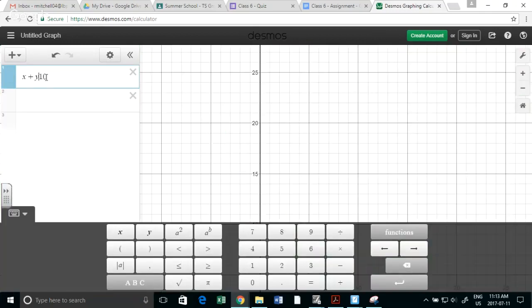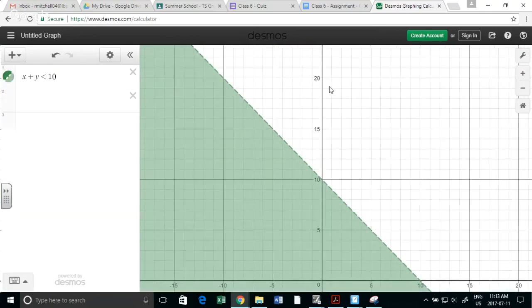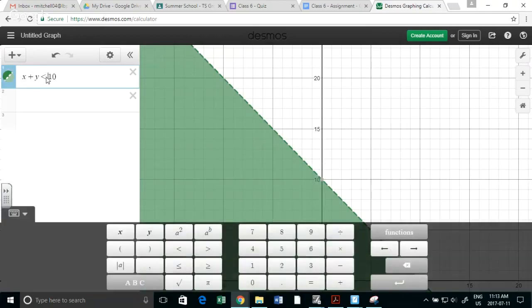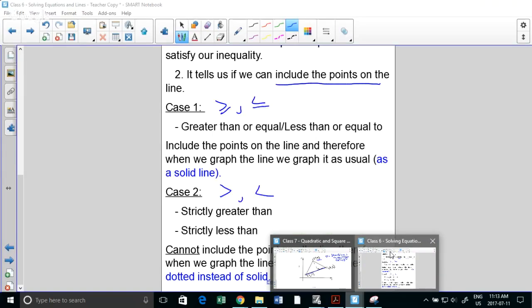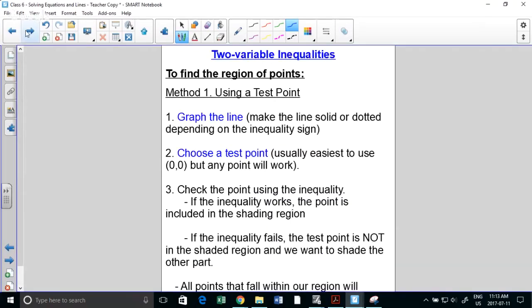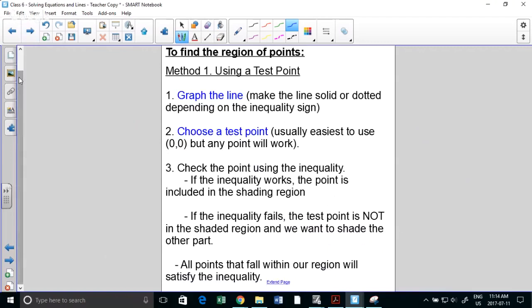I can change the direction. If I change this inequality, then it flips over. You could have less than or equal to, and then it's solid. So depending on what that inequality is, that'll tell me where to shade and whether or not to include my line. Okay, so there's two different things we're going to be doing. We're going to be working forwards and backwards. So either we're going to be graphing the inequalities or we'll get the rules from the inequalities. We'll do those one at a time.